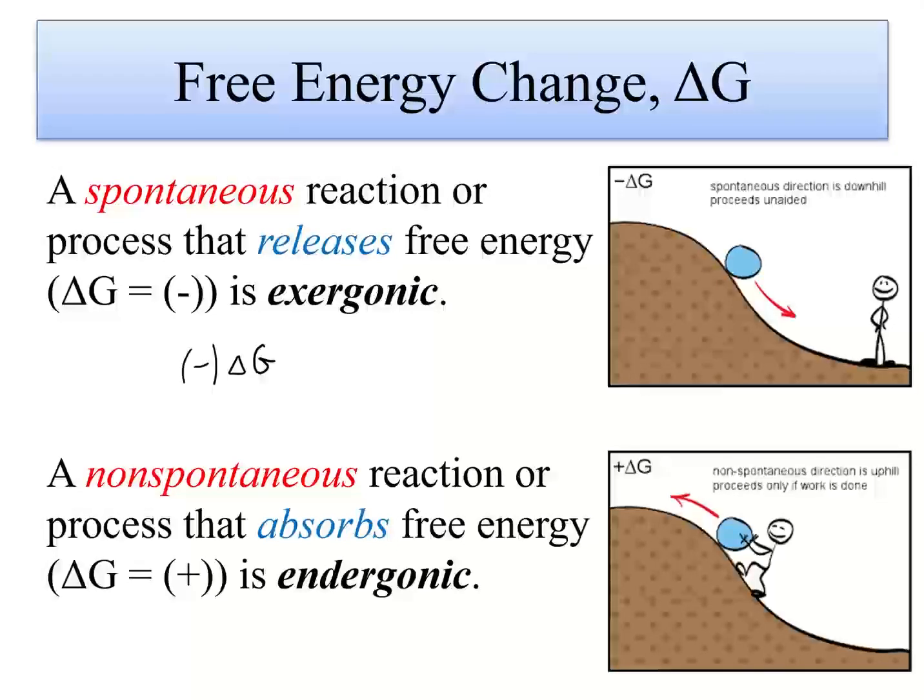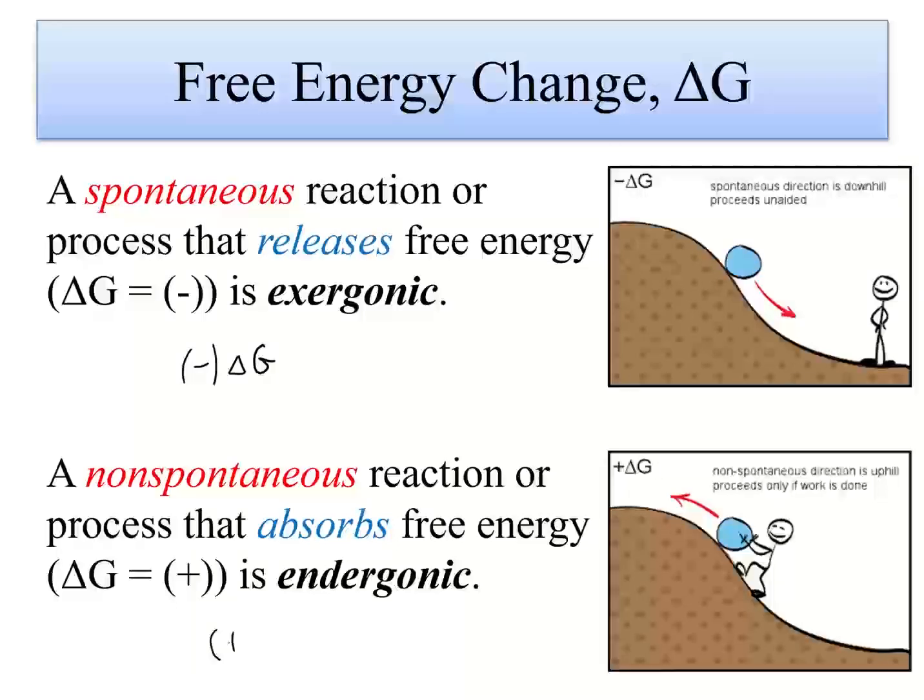Take a look at the picture on the right. I'm picturing the boulder here, and the spontaneous direction is downhill. It proceeds without any external influence. A non-spontaneous reaction absorbs free energy, so it requires energy. This non-spontaneous process is called endergonic, so energy is entering, and the sign of the delta G will be